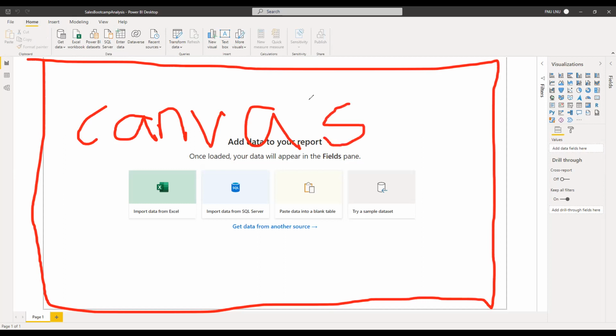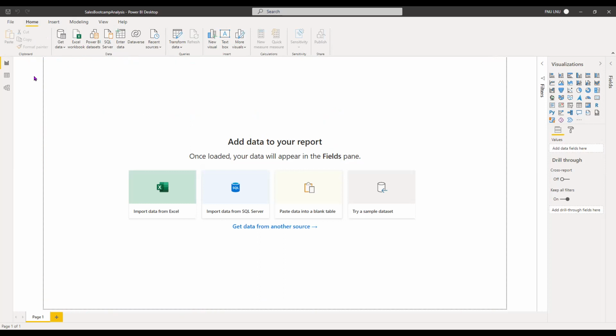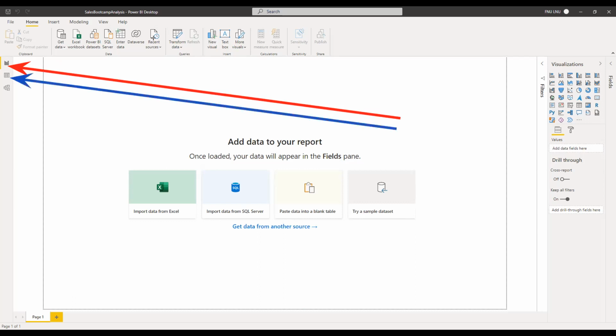So KG1 students, what we call Canvas. Yes. And we have three screens basically that you are going to be working with in Power BI. We call it view. So I'm going to show us, look up. We have the first one, the second one, and the third one. This first one is called our Reports